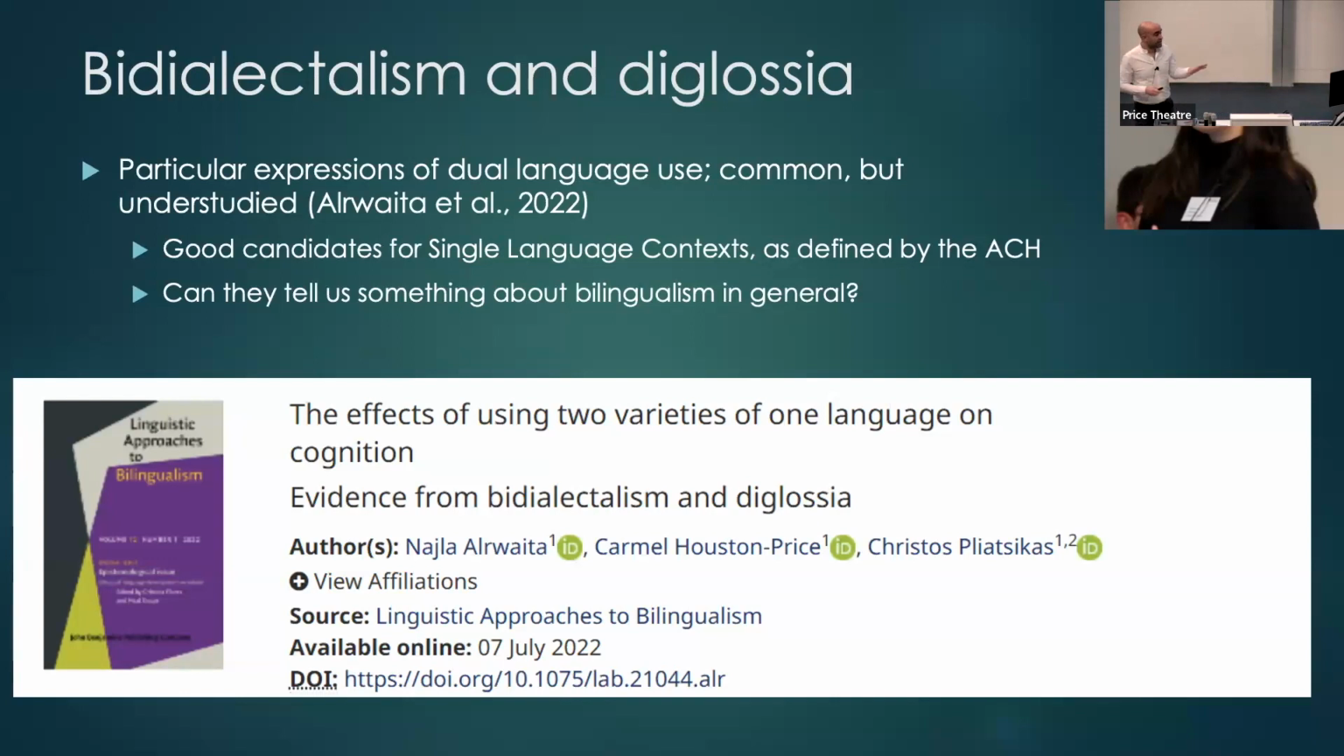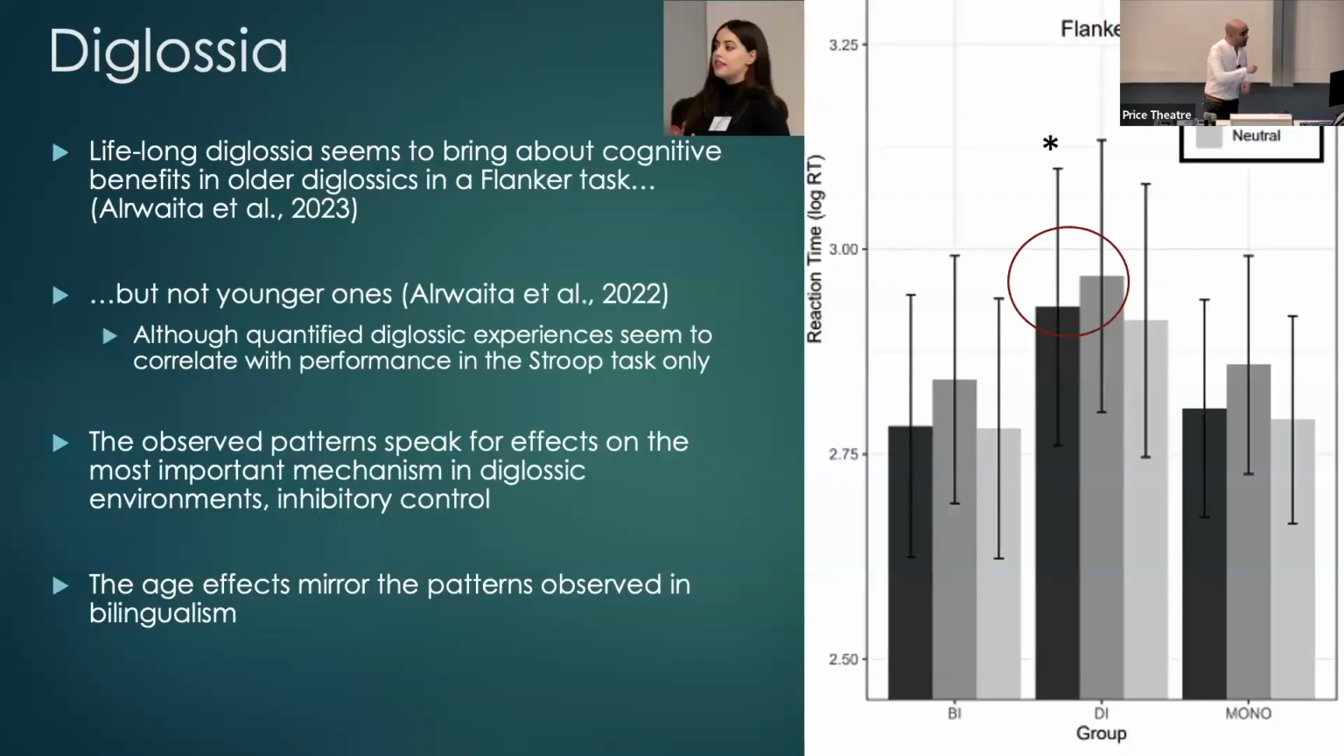So we treated this as a very good example of a single language context as it is described in the ACH. We started with a review paper, which I will invite you to find, which shows that there isn't a lot of evidence looking at these environments, and the evidence that we have on what they do to cognition and the brain remains very mixed. What we did is tested older and younger diglossics in Saudi Arabia on a flanker task. Again, behavioral study, right? And we found that there are some cognitive benefits in older diglossics in a flanker task, but not the younger